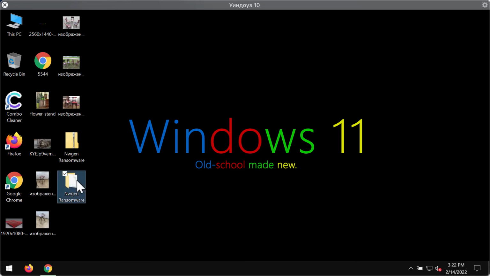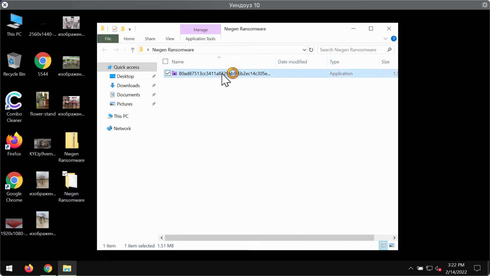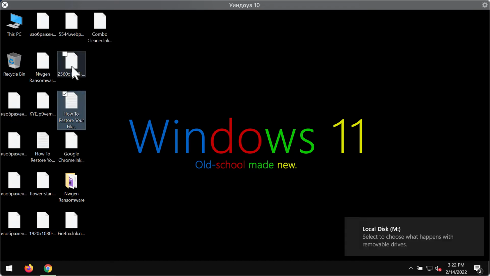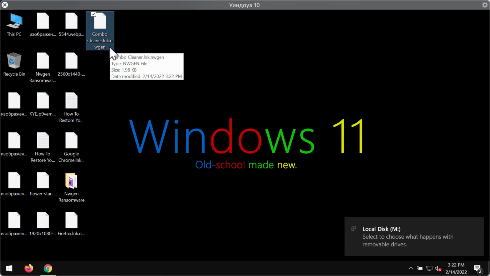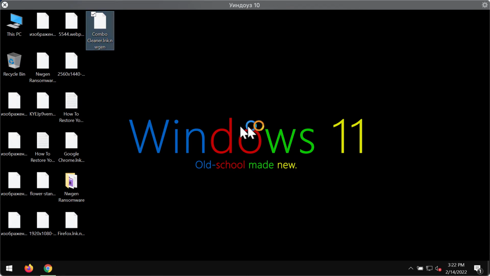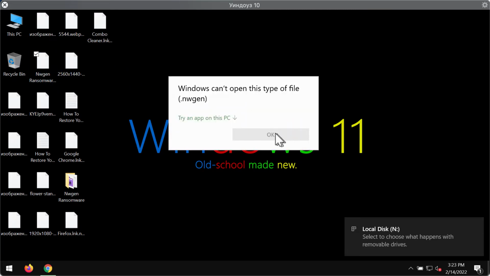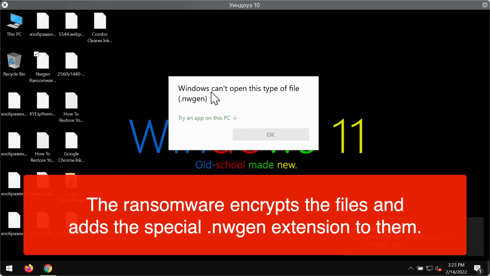Unfortunately, it often happens because of certain vulnerabilities in the existing security system. So, customers may suddenly realize that something bad has happened with their files, and the special Nwgen extension has been added. Whenever they try to open specific files, they get this message saying that Windows can't open this type of file with